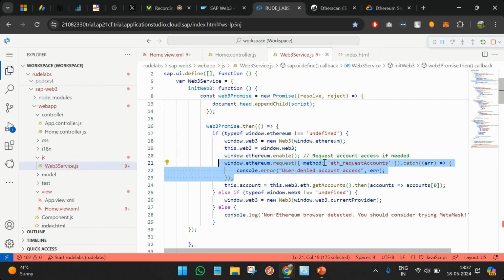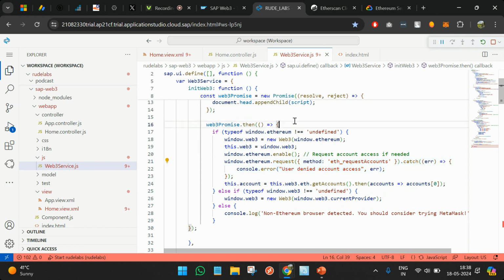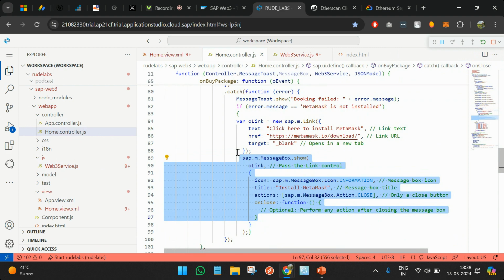In case we get the account access, we also might need to perform some operations, so for that we have also requested a method called ethereum request accounts. This particular request is done only for further access queries. Even this can be removed as of now, because we are not performing any further queries apart from sending Ethereum. But that's the description of the code. So if I go back